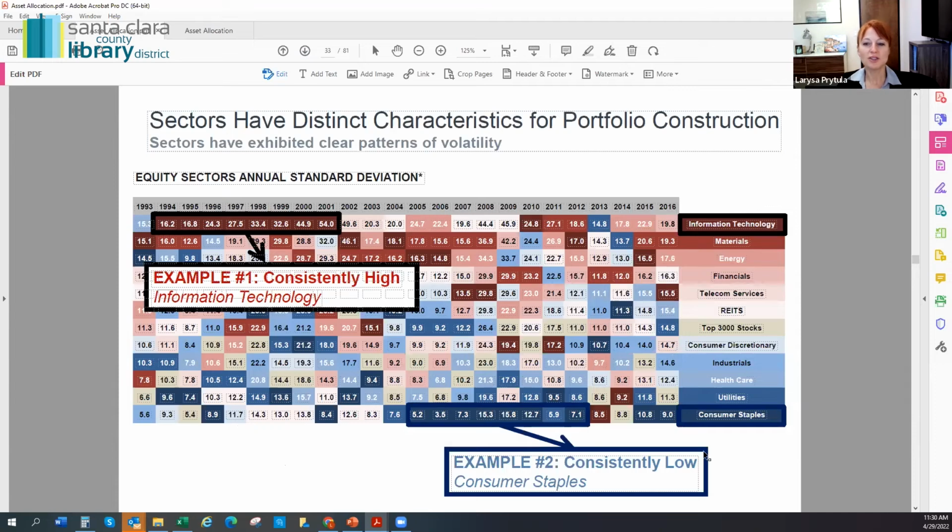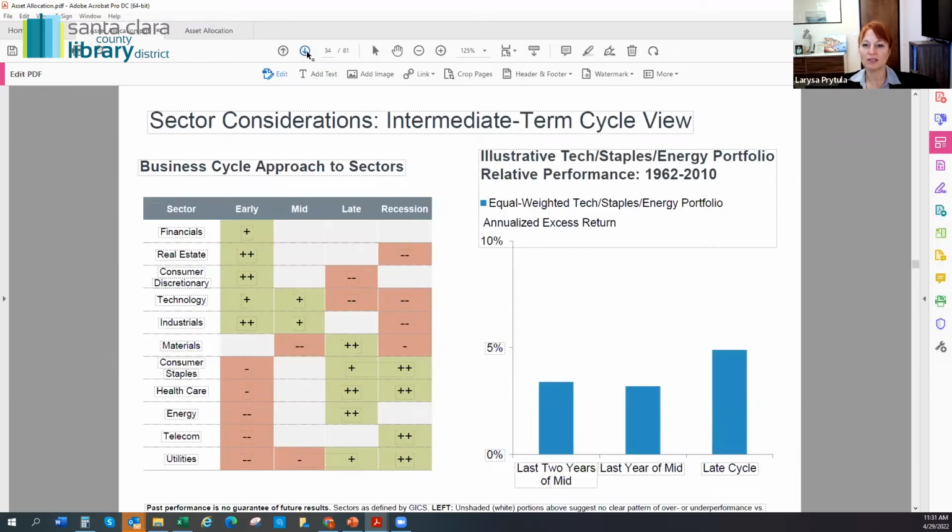You can see this is an extremely busy chart, but what it depicts here, on the right side, is the color chart for each different asset class or sector, right? And it shows year after year how performance changes. So sometimes materials perform really well and healthcare is down. Sometimes healthcare is up, utilities up, and materials are down. Because of that unpredictable nature of each sector, we need to stay in the middle.